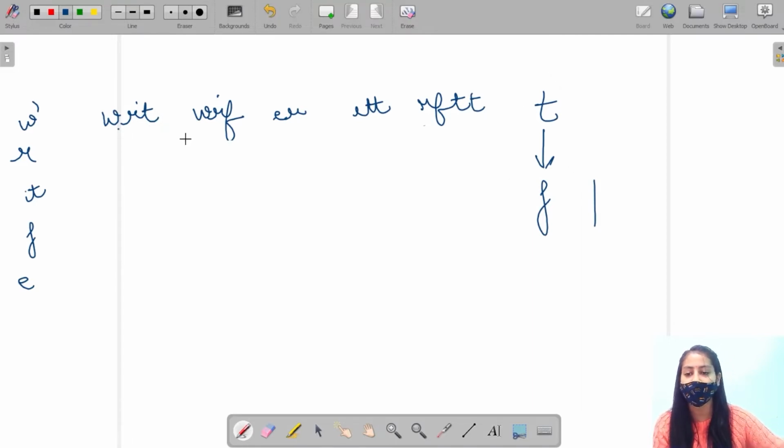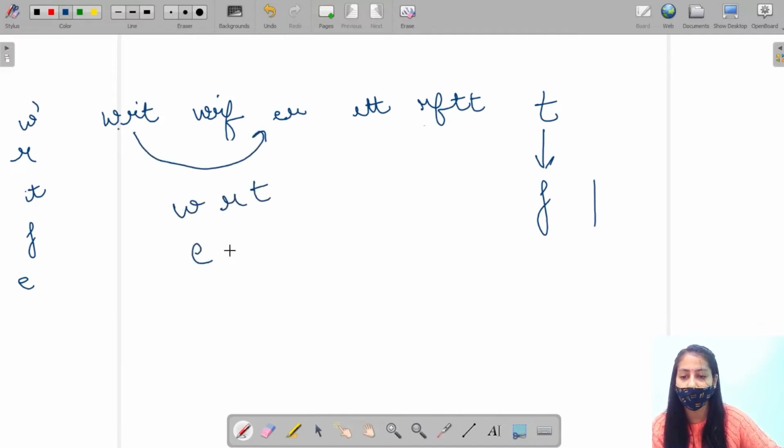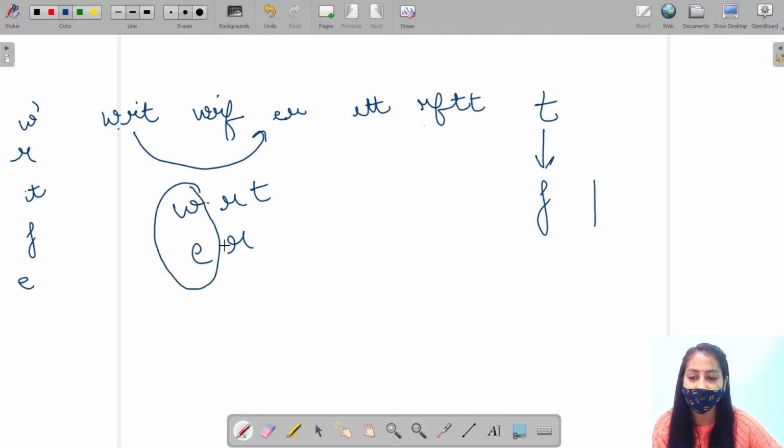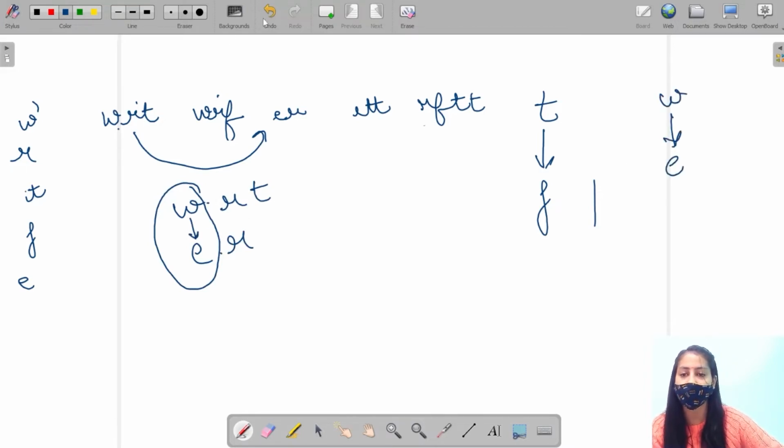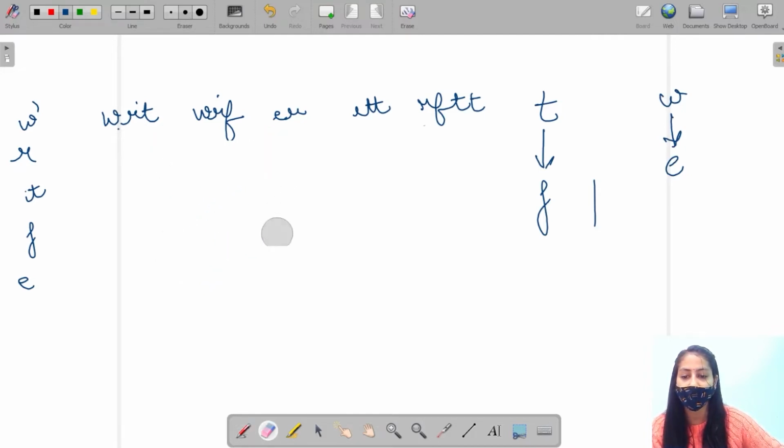Of the unique letters in the words. Next, if I compare WRT with ER, this will tell me that the first mismatched characters are W and E. So W comes before E in the lexicographical order. That is, the preference of W is more than E, the same way the preference of A is more than B in the alphabetical order, right?